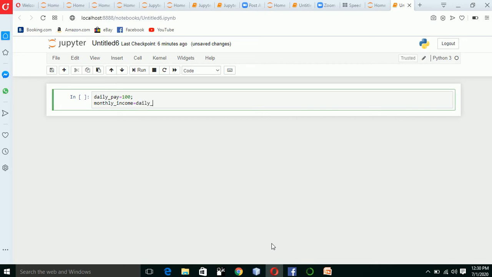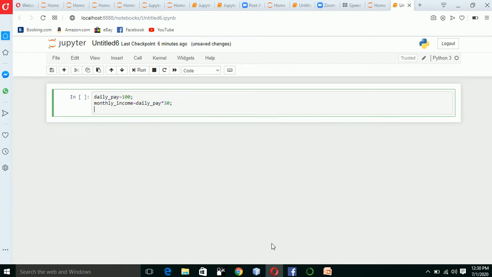Multiply daily pay by 30. So we make a simple expression to find the monthly income. We use daily pay and multiply by 30, so we can find the value of monthly income.